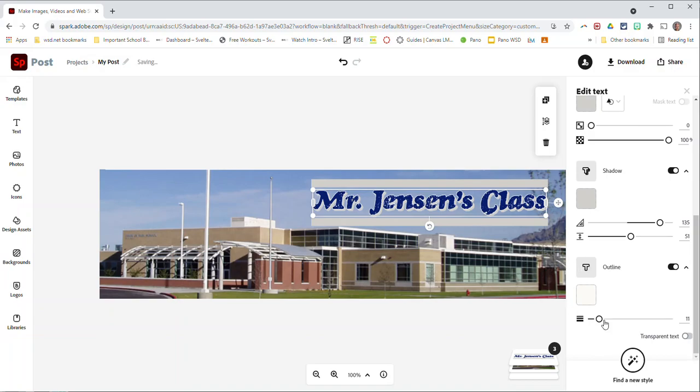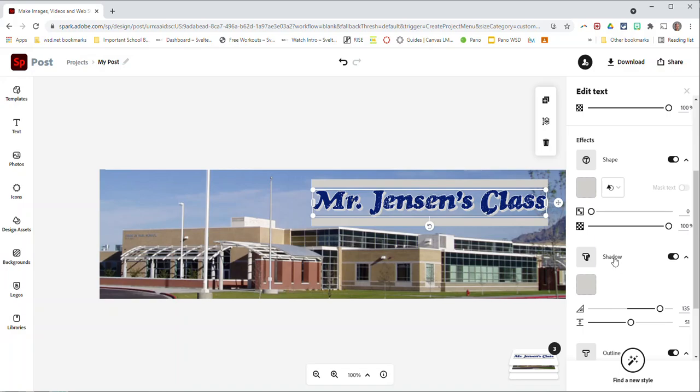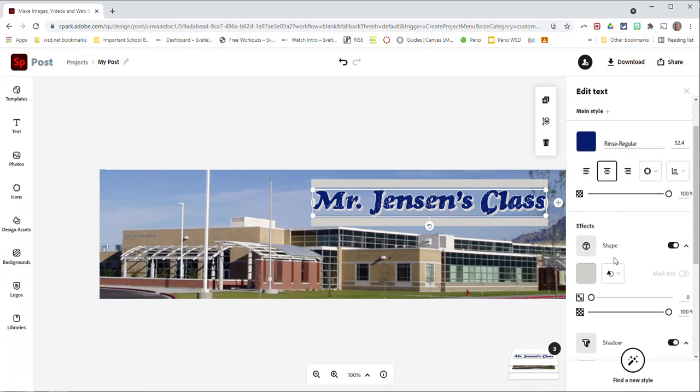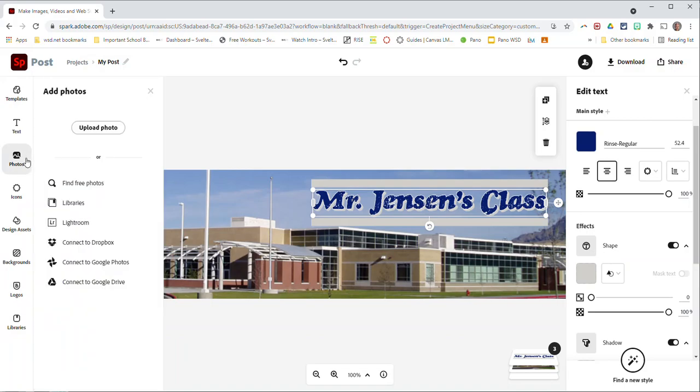You can actually take your text and make the text transparent so that only the logo is showing. It kind of goes through to the background. Got just tons and tons of things you could do. We could spend hours right here just on that alone. Let's add another graphic though. So coming in here to our photos,